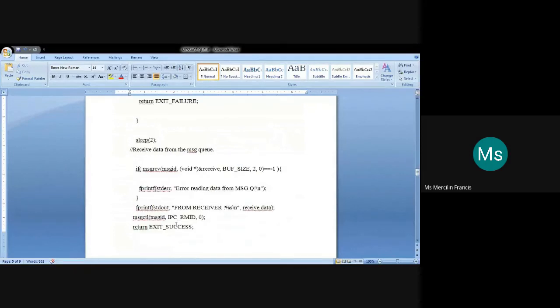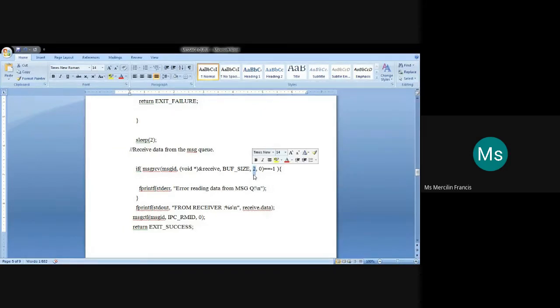But in case of receive, the address of receive, buff size, and one more value is there. It indicates the type of the message that is to be received from the receiver. Which means that the receiver will be sending some message of type 2.